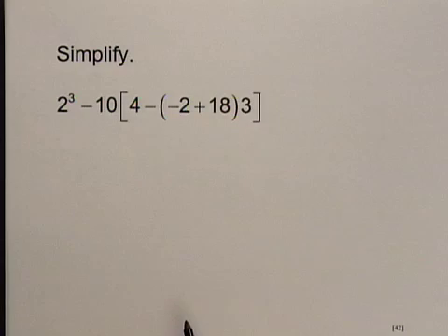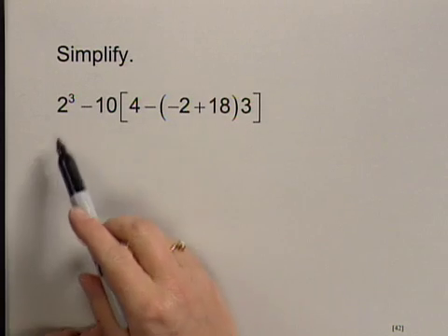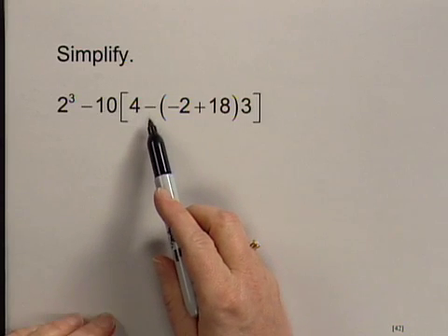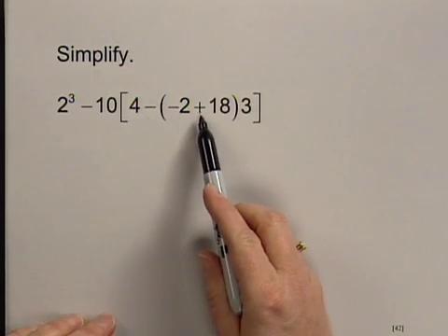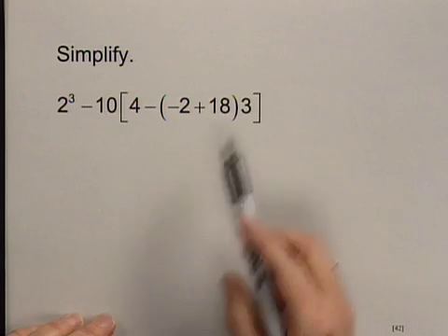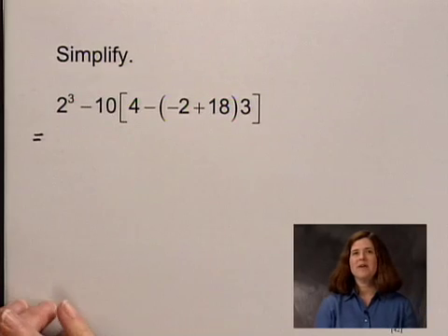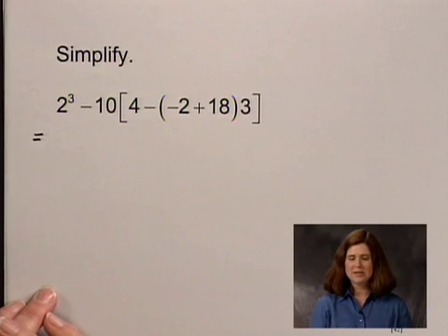In this problem, we'll simplify an expression using the rules for order of operations. We'll simplify the expression 2 to the third power minus 10 times the quantity 4 minus the quantity negative 2 plus 18 times 3. In order to do this, we'll begin by simplifying expressions within parentheses, and we'll begin with